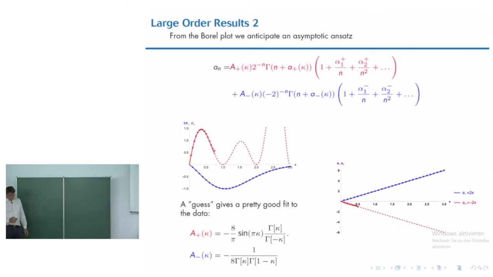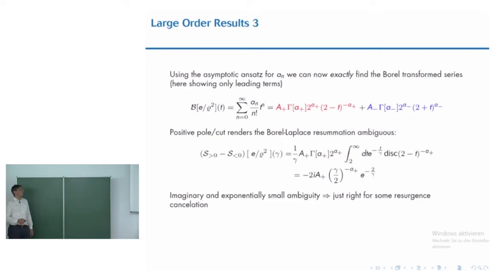So now we know what the asymptotic form is, and we've got some of these subleading terms as well. By the way, you can actually Borel sum this exactly, not approximately. And that's what we did. We now Borel sum exactly, and we find a piece coming from the non-alternating part, which has a pole or a cut starting at 2, and from the alternating part a pole or a cut starting at minus 2. Pole or cut depends on the value of kappa. And then you can do the resummation.